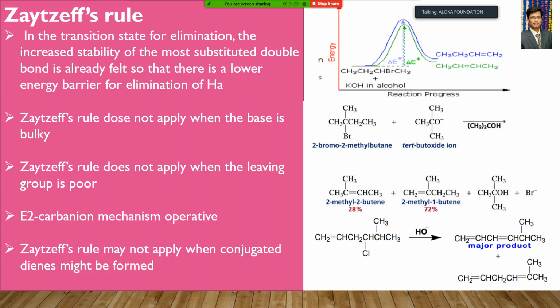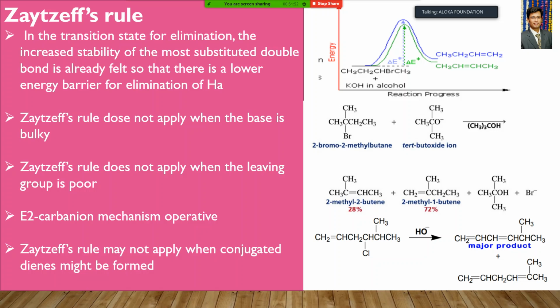So if there is a possibility, if you see over here, 1, 2, 3, 4, 5, 6. That is 5 methyl 4 chloro 1 butene. When it reacts in the presence of a base, the major product will be the 1,3 diene rather than the 1,4.